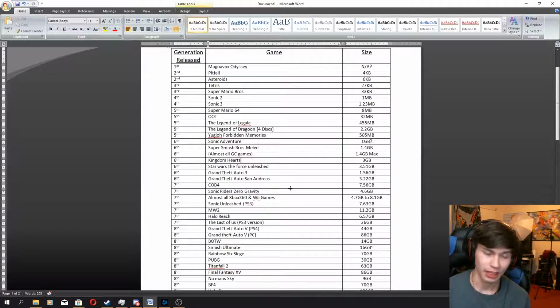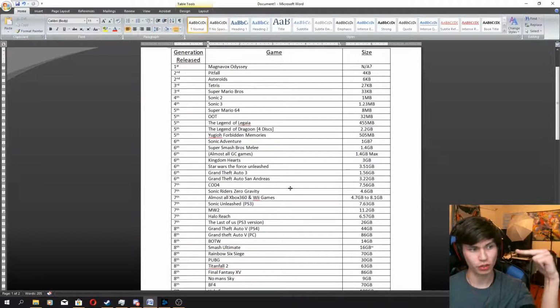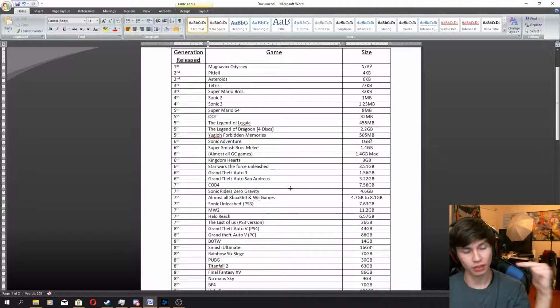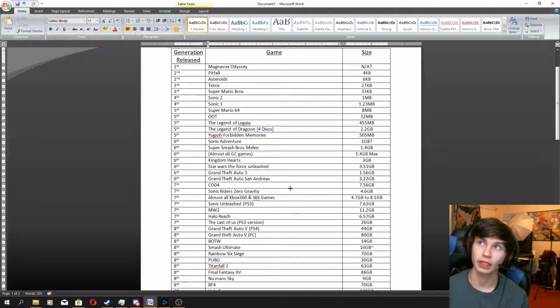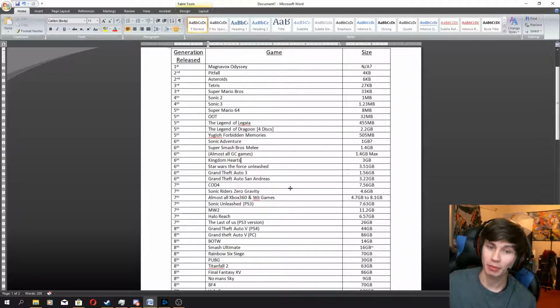Now, I don't really have any Xbox titles, but again, the theoretical maximum for a lot of these games is actually like 8 gigabytes, because the way DVDs are structured, you can do single layer discs and dual layer discs, but a lot of the early PS2 games and GameCube didn't do it, and Xbox games didn't really use that because I think the technology wasn't there at the time. But the technology was there for the 7th generation of consoles,